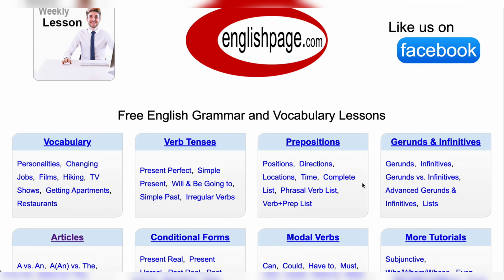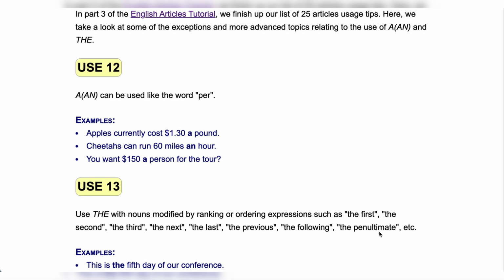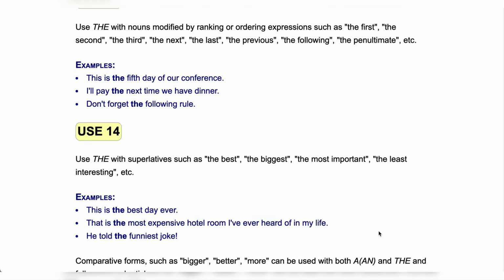You can't understand articles without learning about them first. There are some rules, and you can read about them in any good grammar book or online. Here is my favorite online resource with simple explanations and plenty of examples. You don't have to study the rules, just read them. This is our first step.